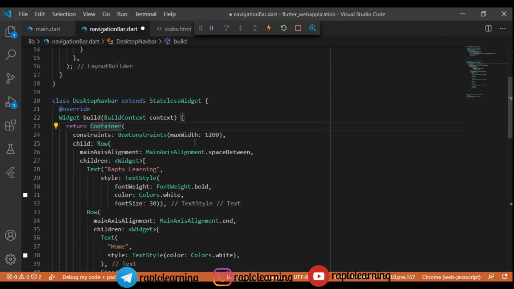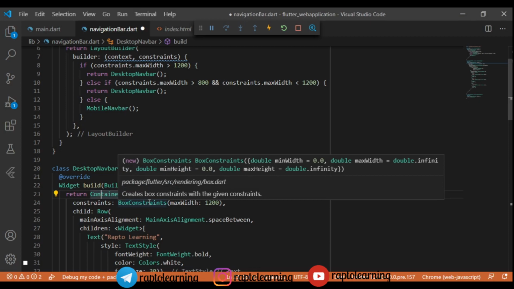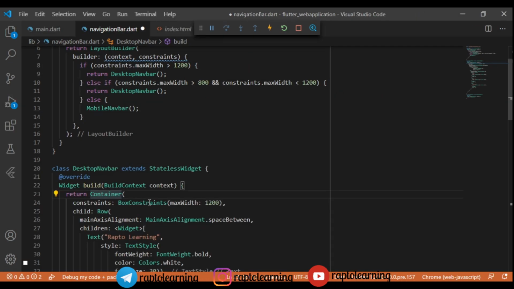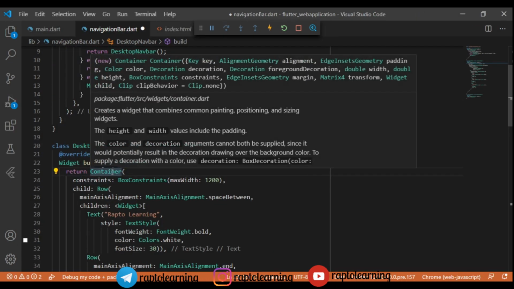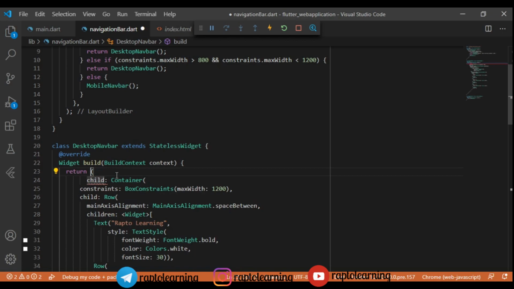So let's add one button to our container, right? Let's start doing that. As you can see, you can get the information by just tapping on the widget. So we'll wrap this container into a padding. If you're using VS Code, then you should probably use control plus shift plus R for Windows, and command plus shift plus R for Mac, right? So let's wrap this container. My VS Code is giving me a little bit of a problem while adding, so just wrap it with the padding, right?